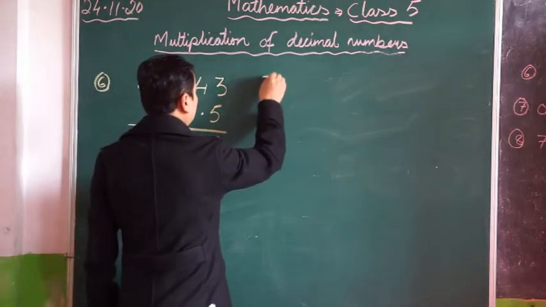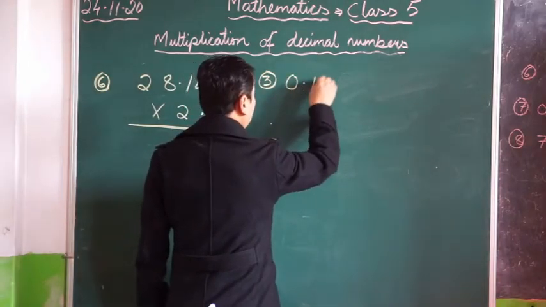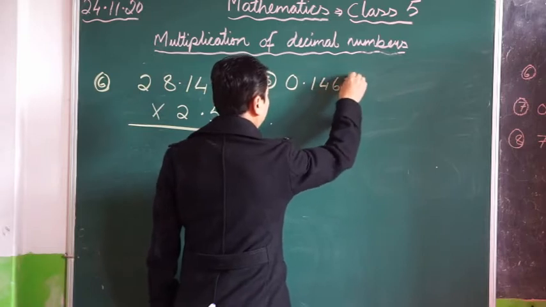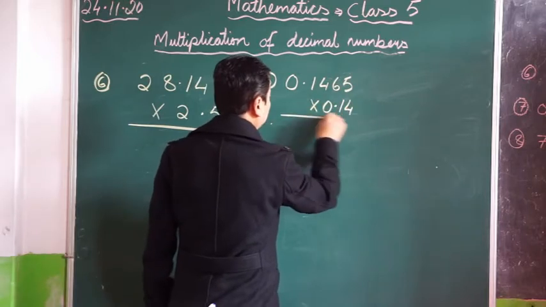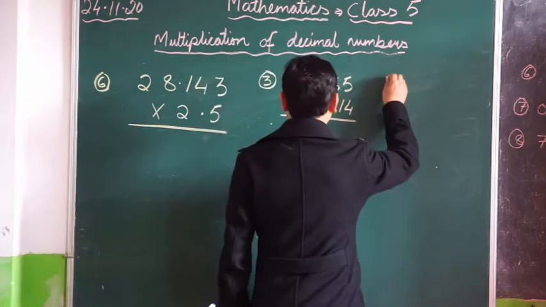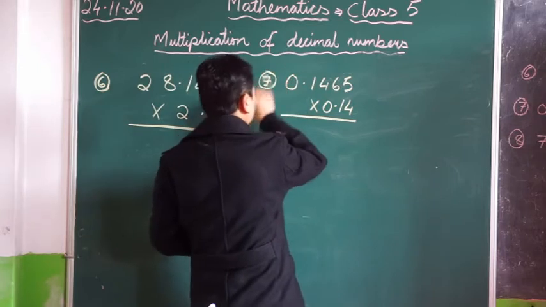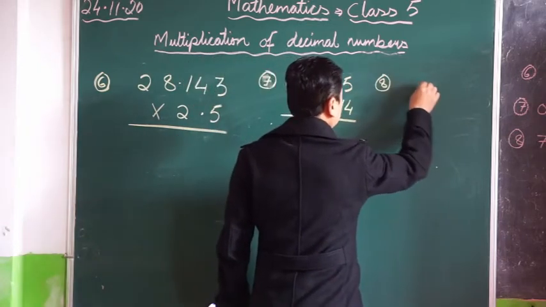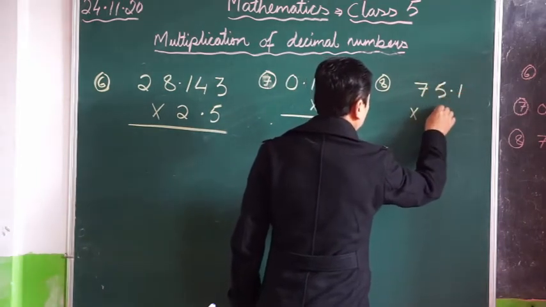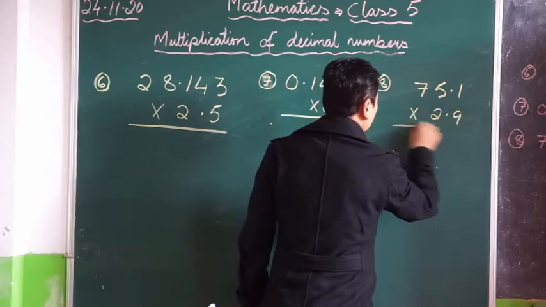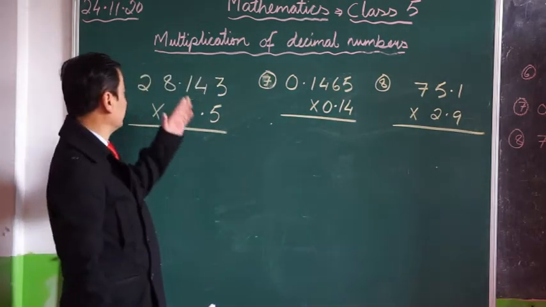Let me write another sum, because the more we do it, the more we are going to understand. 0.1465 multiplied by 0.14, and the last one, this is number 7, I put in number 3, so it's 7, and the last one, number 8. 75.1 multiplied by 2.9. So in multiplication, the same rule applies, but only there's one more step, that is because of the decimal